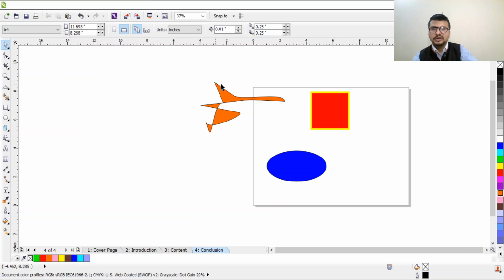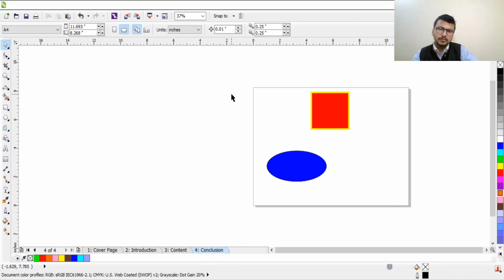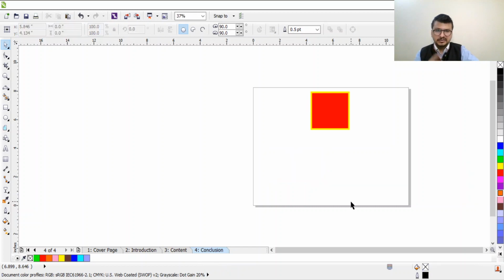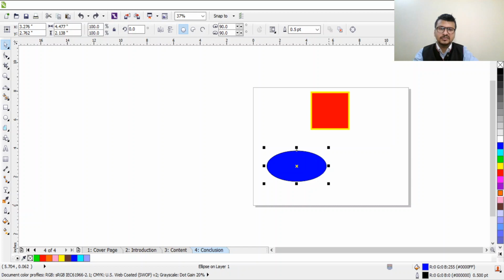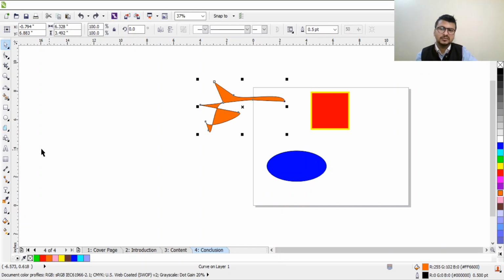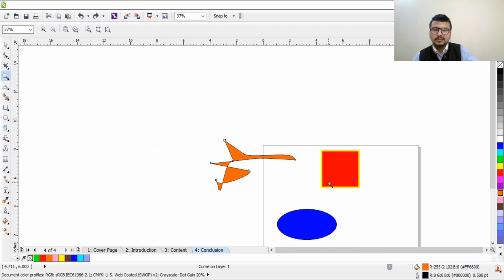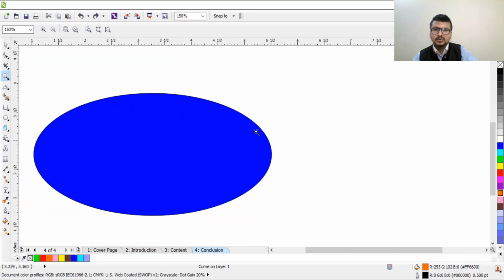And if we want to delete this, just click on this shape and press the delete button from the keyboard, or we can manually right click on the shape and click on delete. Similarly, Control Z: if we have mistakenly deleted something, we can press Control and Z to get our things back on the working area screen. And the plus is like zoom in. You can left click to zoom in, and right click to zoom out.